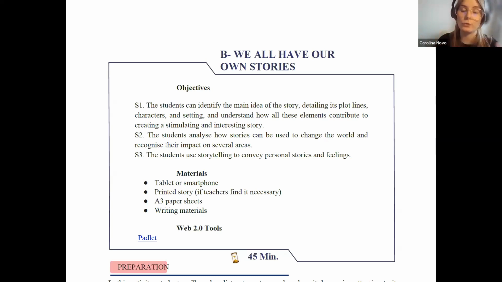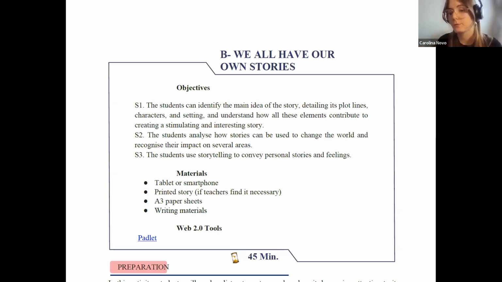So in this activity we also want to explore these kinds of skills and inspire them a little bit with the story that we tell, to develop these very important skills.